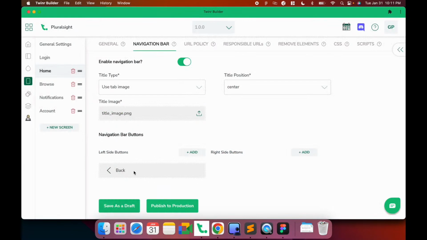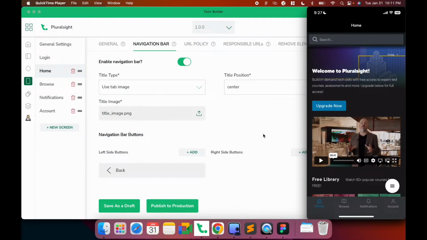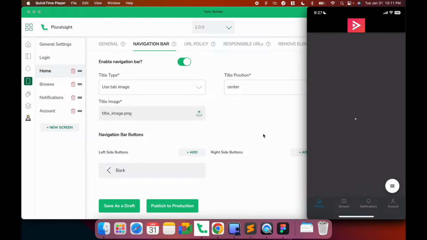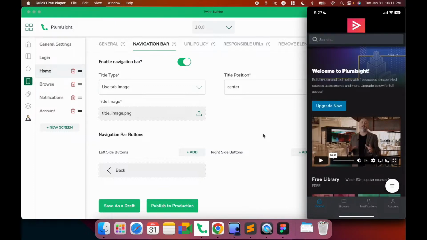Okay, now let's save it as a draft. I want to keep it center, so that's all good. And let me refresh this. Okay, so my logo is looking like a rectangle, but Pluralsight's logo is actually a square logo,